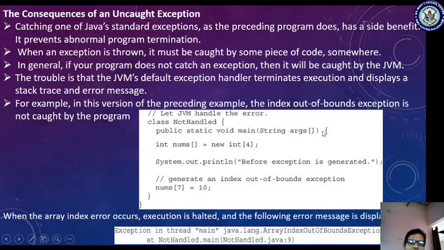Now we will see here the main method. It consists of the nums array variable, you are creating the size as 4, right? Now you are displaying System.out.println before exception is generated, generate an index out of bound exception, nums[7] = 10. Here we already know it is an error, right? We have not specified any try catch block. If you try to execute this program,